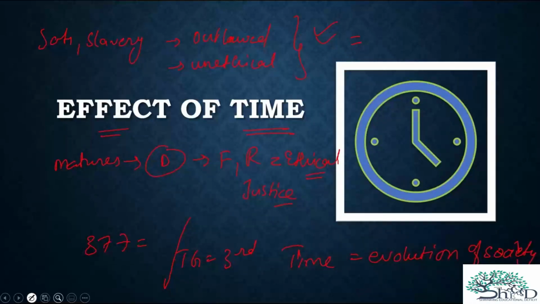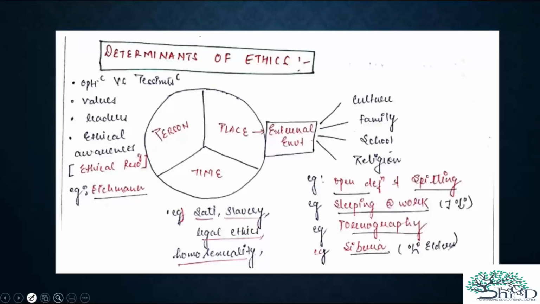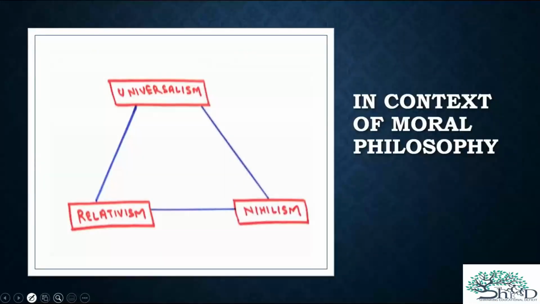All right, let's move forward. Again, this is a bonus thing. You can write these as short notes. Examples and the diagram are given, you can read it later. So we come to the next part. In moral philosophy, how do we see ethics? What makes ethics in moral philosophy?